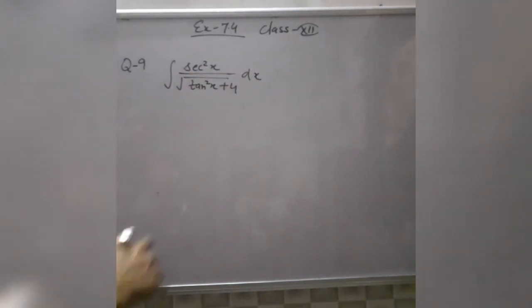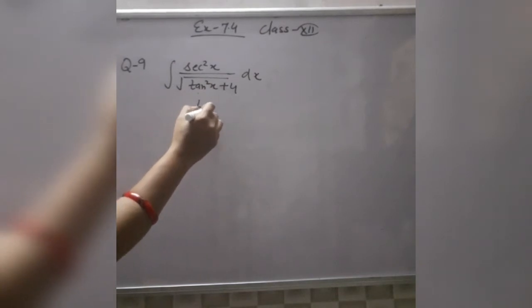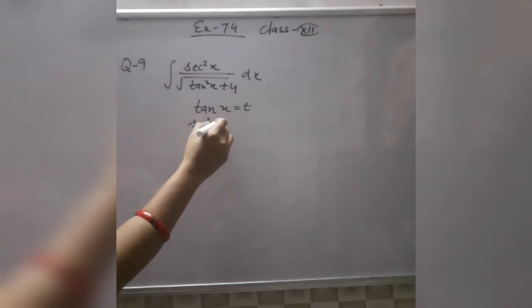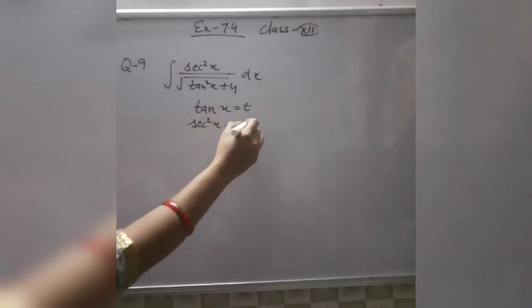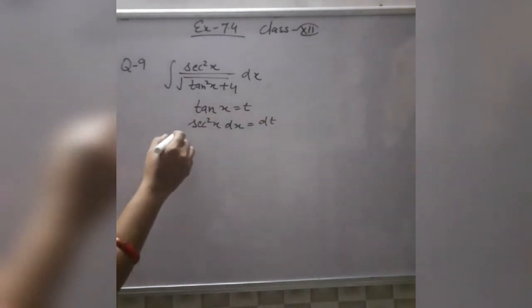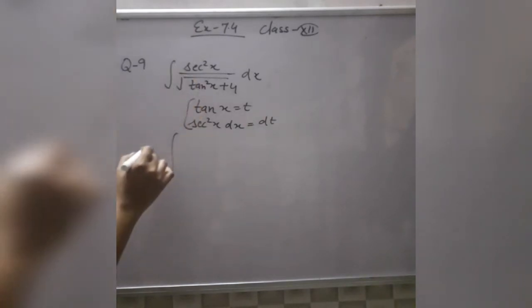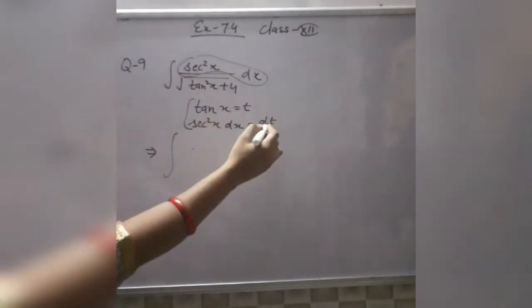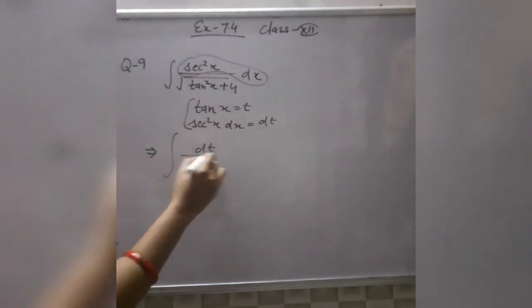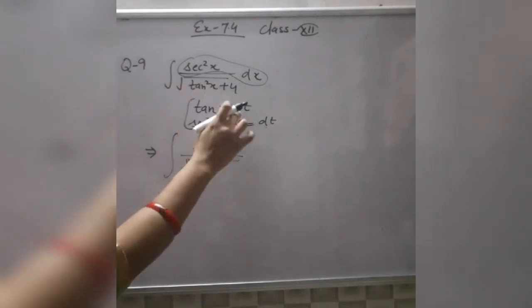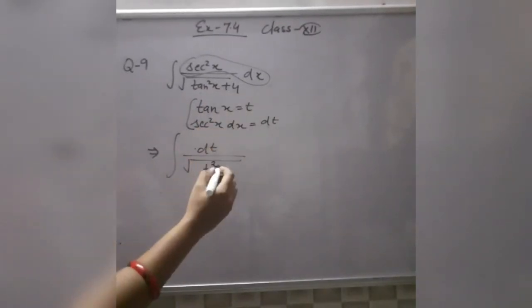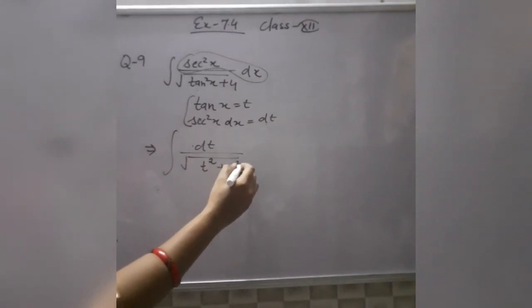Now all of you know that the derivative of tangent is secant square. So tangent is there. In this sum you will put tangent x equals t, and taking derivative on both sides, secant square x into dx equals dt. So now using these two results in the given statement, in place of secant square x into dx write down dt, in the denominator in place of tangent x write down t, it becomes t square, and this 4 can be written as 2 square.